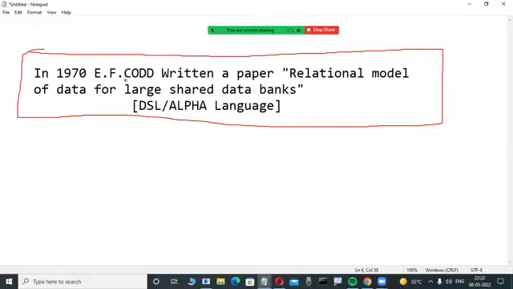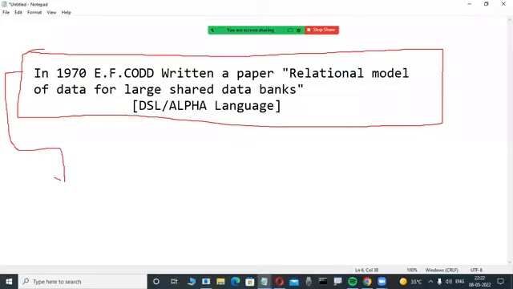Now observe here. In 1970, E.F. Codd, the father of relational databases, wrote a paper on the drawbacks of the hierarchical and network data models. In it he introduced one language called the DSL Alpha language. Nowadays, this is the SQL language only. Now check it out. Based on this paper,